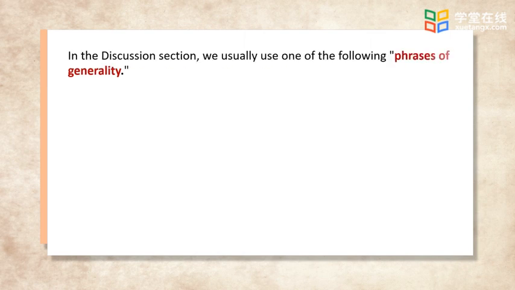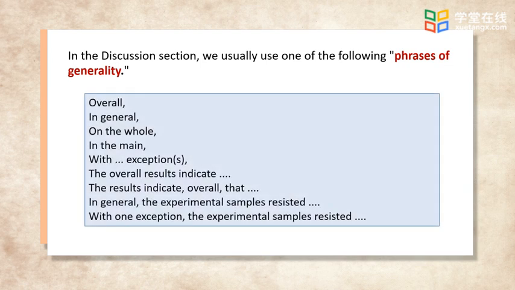In the discussion section, we usually expect something in between these 2 levels. A common practice is to use one of the following phrases of generality. For example, the word overall, and phrases such as in general, on the whole, and with one exception. Third,